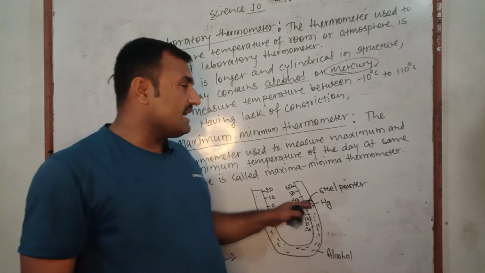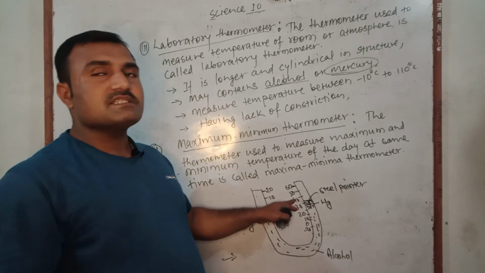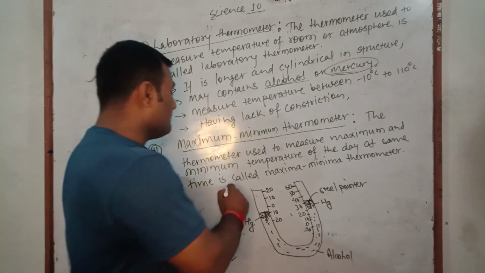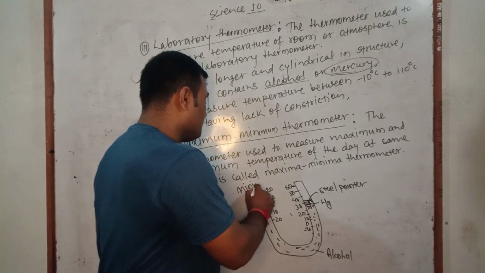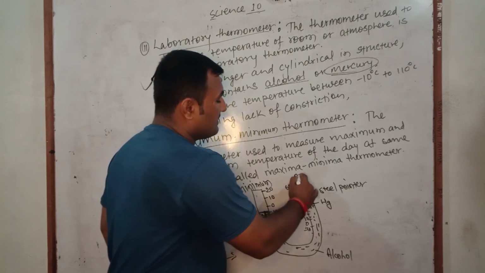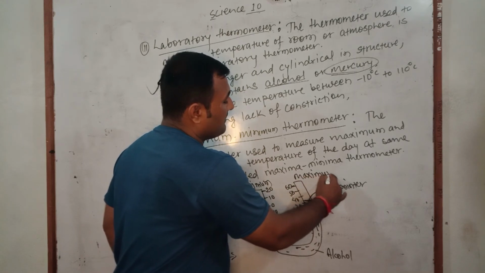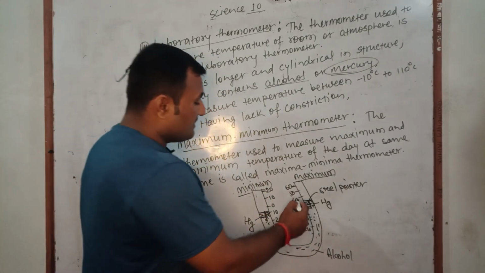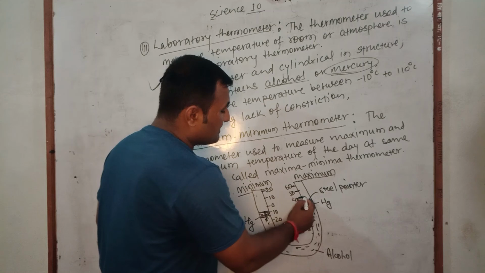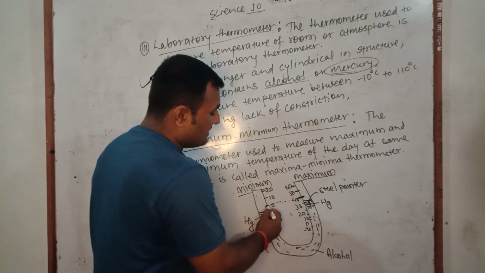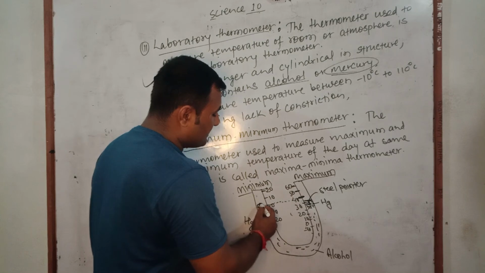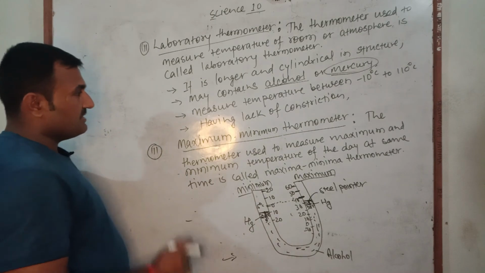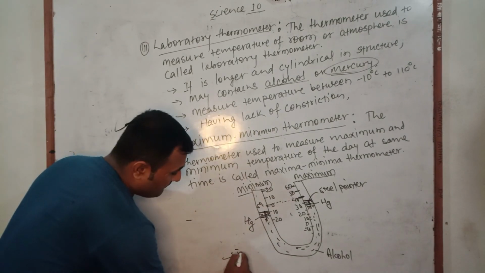During the daytime, it gives, listen here, the maximum temperature of the day and the corresponding measurement of temperature on the minimum side. Here it gives the minimum measurement, and here it gives the maximum measurement. Suppose here the maximum temperature we got is 40 degrees Celsius. Then corresponding to it here, suppose minimum is 5 degrees Celsius. That is called the function of maximum minimum thermometer,